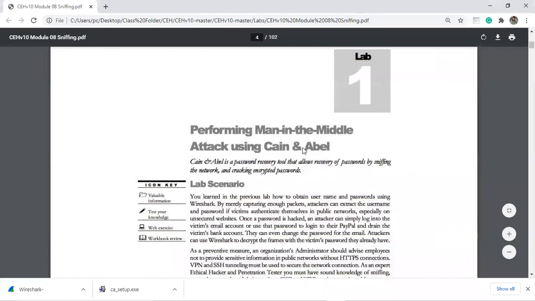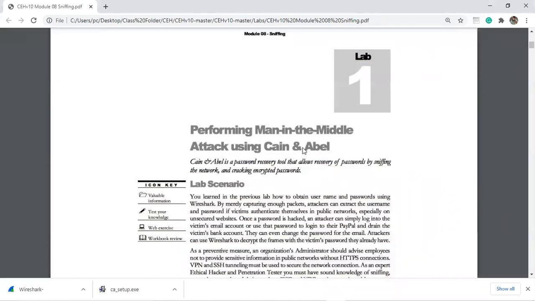Okay, so today we are going to start our module number 8, which is sniffing. As we have completed a total of 7 modules, now we'll be moving to the 8th module. Practically, we have completed more than 7 modules because we also had some practical on system hacking and some other types of activities. So it's more than 7 modules. But right now we are covering our sniffing module.